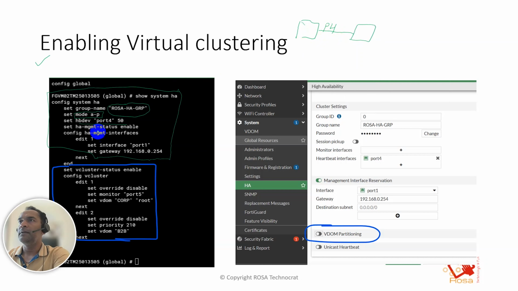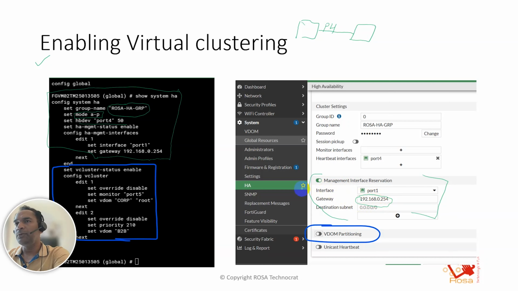Then we have the HA management interface, a dedicated HA management interface. This configuration is management interface reservation, as you see from the GUI. Whenever you are doing a management interface reservation, the IP address of the management interface is not synced between the primary and secondary.